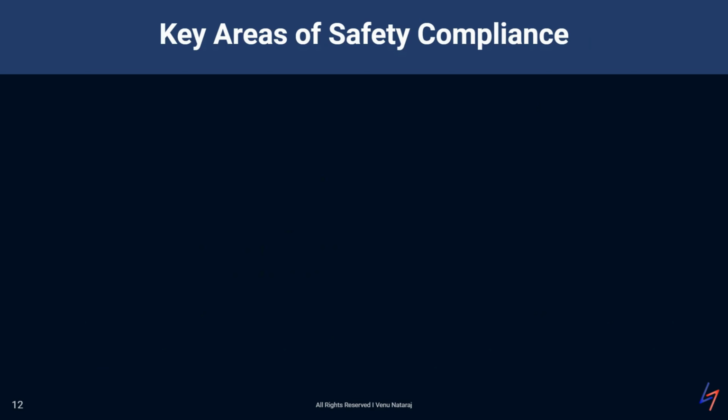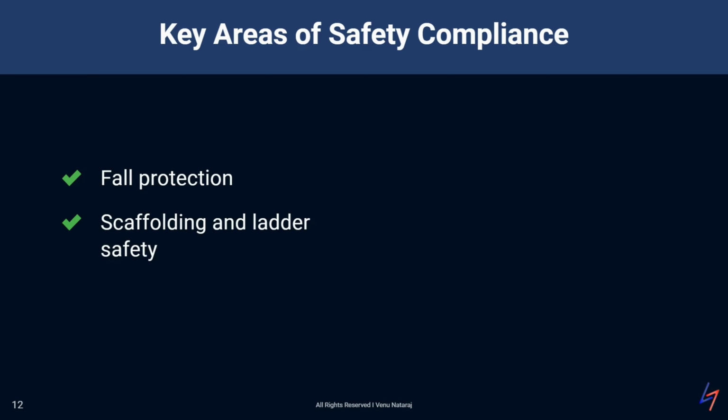Here, we try to highlight some of the key areas we need to focus on for safety compliance. The first is fall protection. It is very critical, given the high risk of falls in construction sites. This includes the use of guardrails, safety nets, and personal fall arrest systems. We need to pay close attention to scaffolding and ladder safety. This involves proper erection, use, and dismantling of scaffolding, as well as ensuring ladders are used safely and maintained in